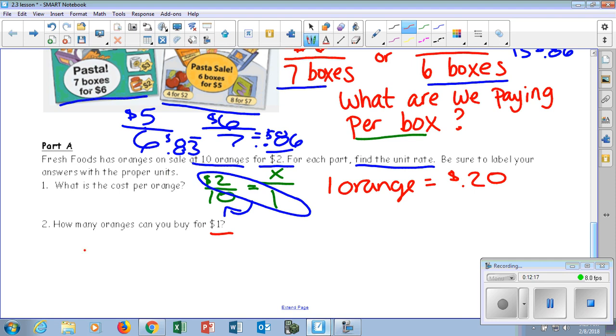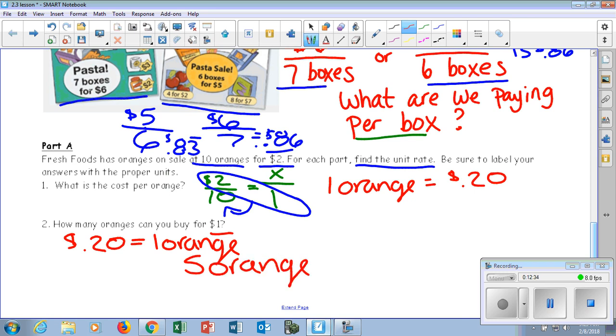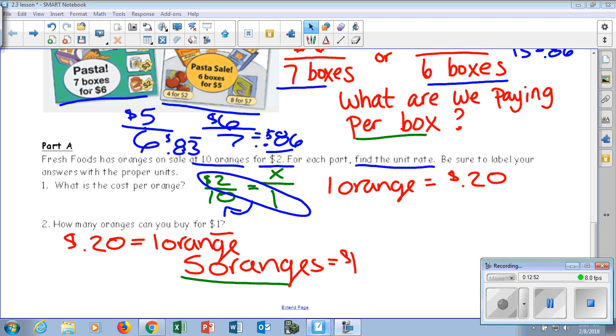So we have 20 cents is 1 orange. Well, if we check this, 5 oranges would equal our $1, like Sal said for us. 5 oranges. Thank you, Sal. Okay, so if we go on to our next page,